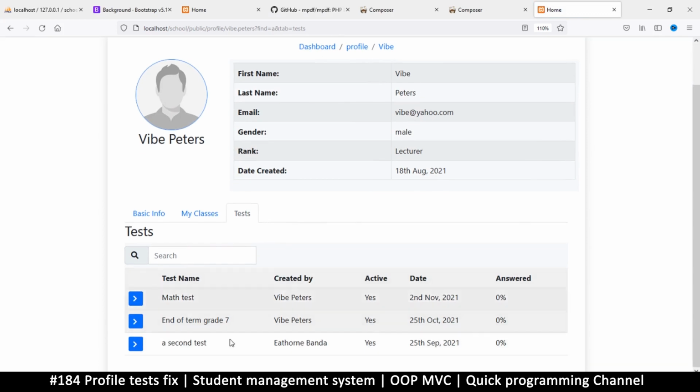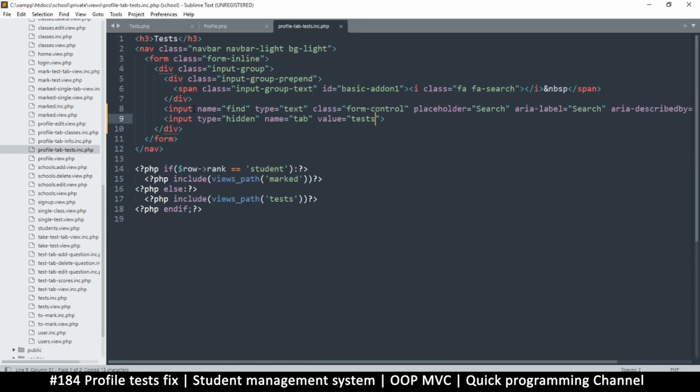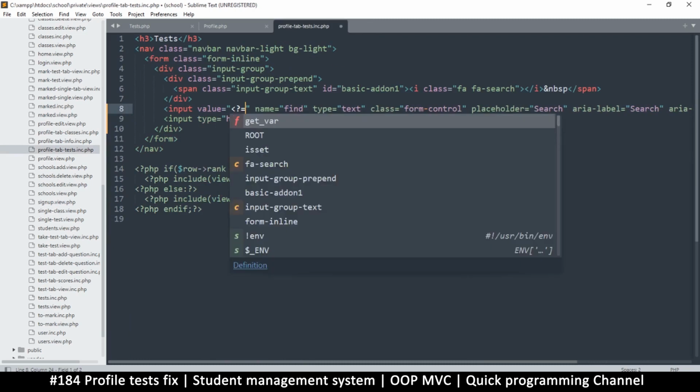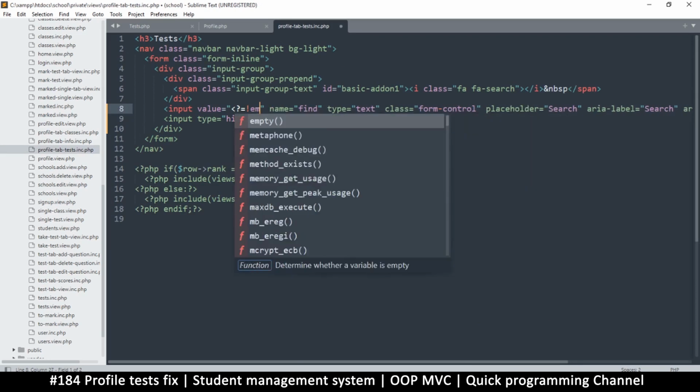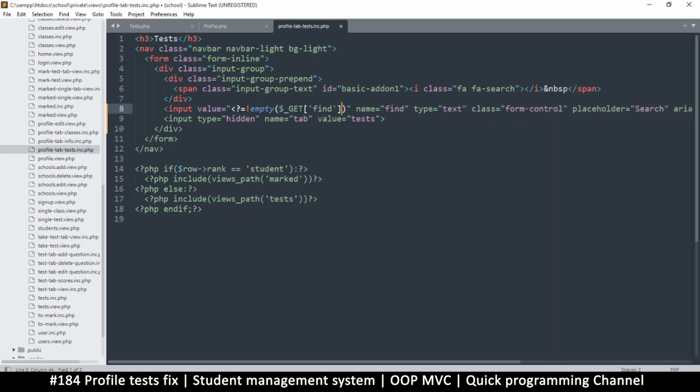There we go. Search. If you want to keep the search result text here, just read it from the GET variable find like this. If I go in here and want to put a value on this input, I'll say input value equals if is set or not empty. Let's put a not empty. It's much better to use that. GET find like that. If it's not empty,